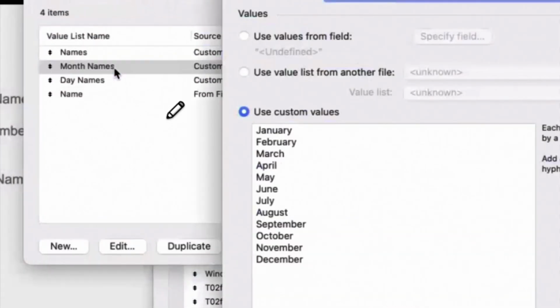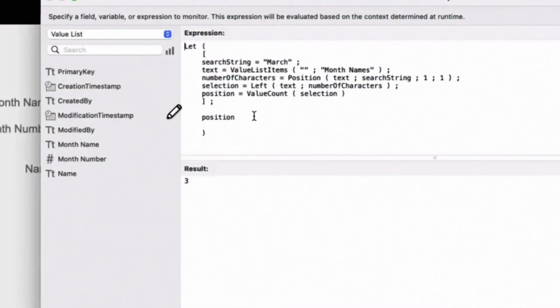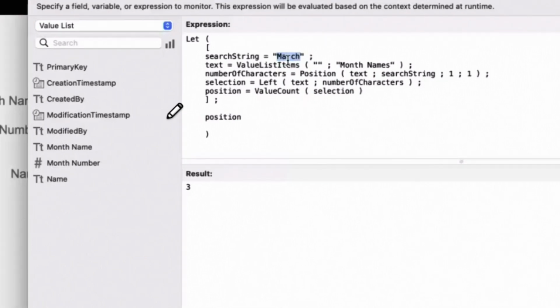Instead of using a table with a field and with records, I'm dumping things there, the names. So it's cool, because now March is the third one, so it's working on both sides. From the third, I take March. From March, I take the third. All of this thanks to value list, right?